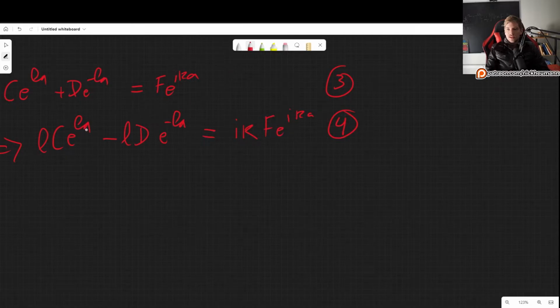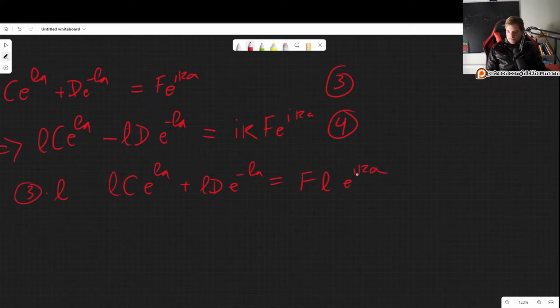So for example, something we could do, because we have minus LD E plus DE. So if we were to multiply equation 3 by L, what we would get is C times L, so LCE^(LA) plus D times L, plus LDE^(-LA). This is equal to